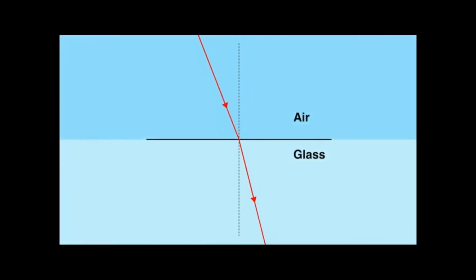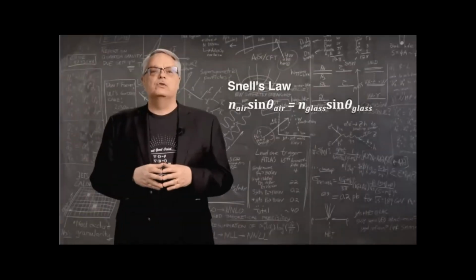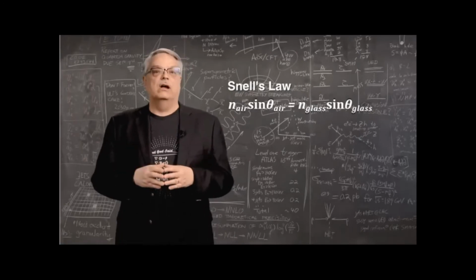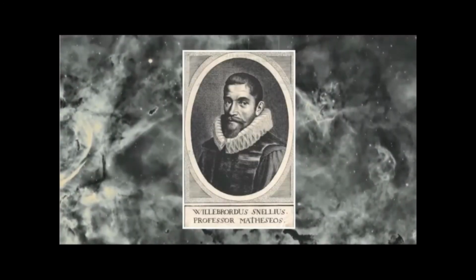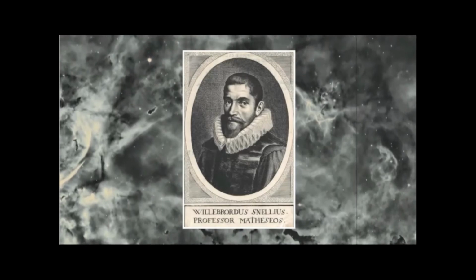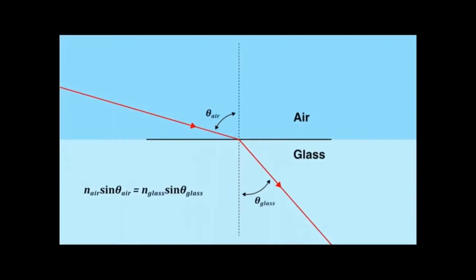Light traveling through air will change its direction when it hits the surface. The amount that its direction will change depends on the angle at which it hits the surface. Change the incident angle, and the transmitted angle will change correspondingly. Those angles are related through a physics formula called Snell's law, named after Dutch astronomer Willebrord Snellius, who lived in the 1600s. I have his formula written over here.